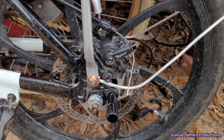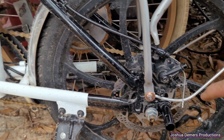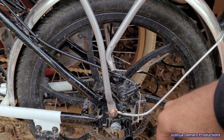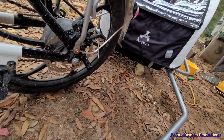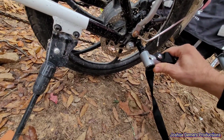Okay, I need to make a correction, by the way. This was an 18 millimeter, not a 17 millimeter. Anyway, now I'm ready to unlock it, hook up the bike trailer, and give it its actual first properly attached runaround. All right, now got this thing hooked up here, and oh boy, I'm actually missing the little pin